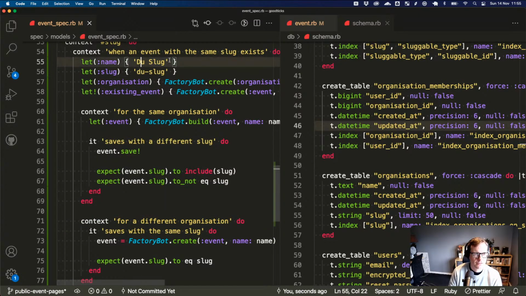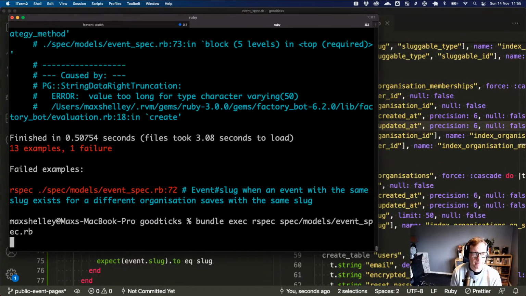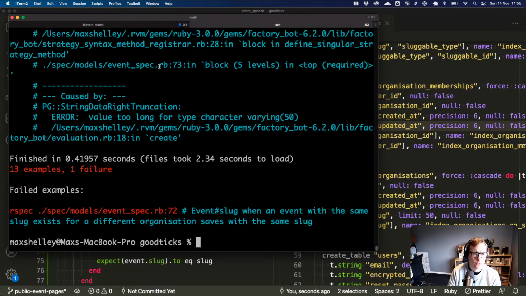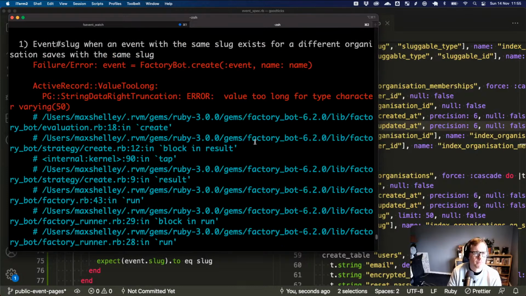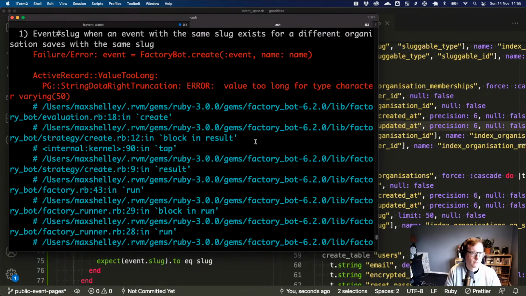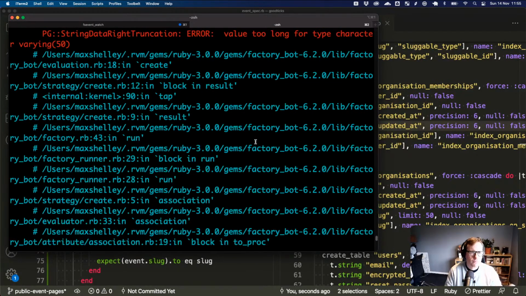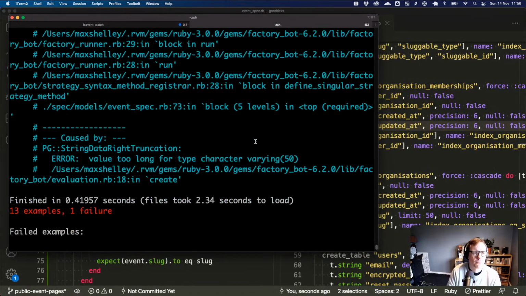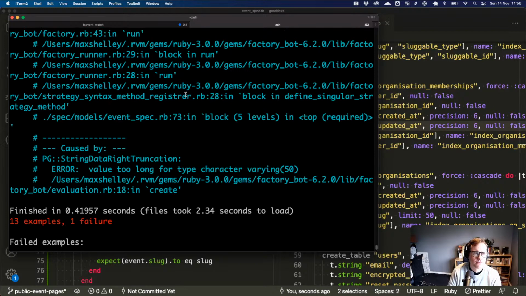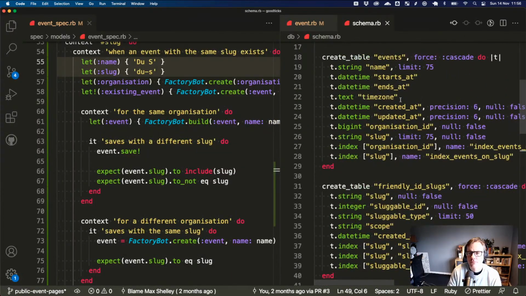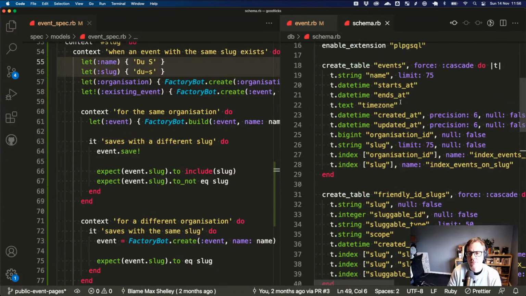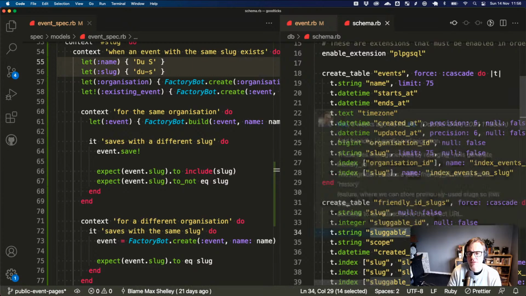What happens if I just put one character in there? They're all always over 50? And is it the sluggable type that's going over that? It can't be.